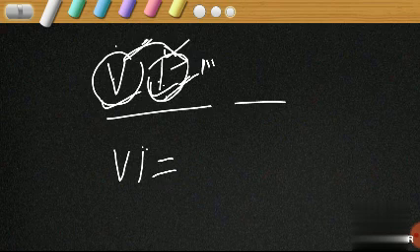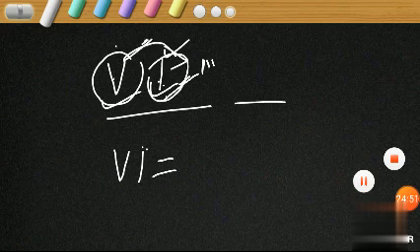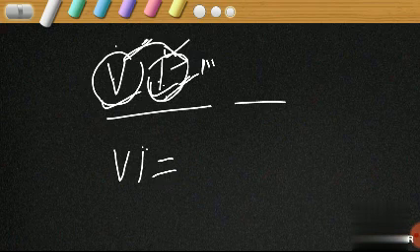So in this case, what do we have to do? Please check the rule. If a smaller numeral is written on the right side of a greater numeral, these two numerals have to be added. Is it clear? That means we have to add the values of V and I. Why? The smaller one is I here, the greater one is V, and the smaller one is written on the right side of the greater one. So these two have to be added.